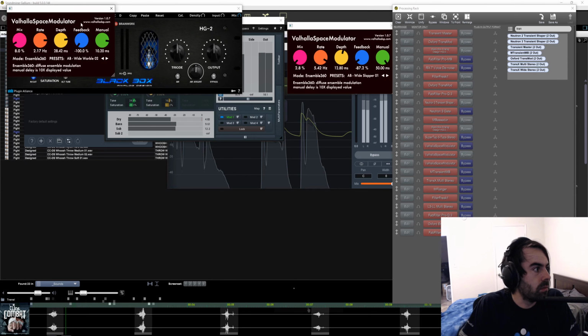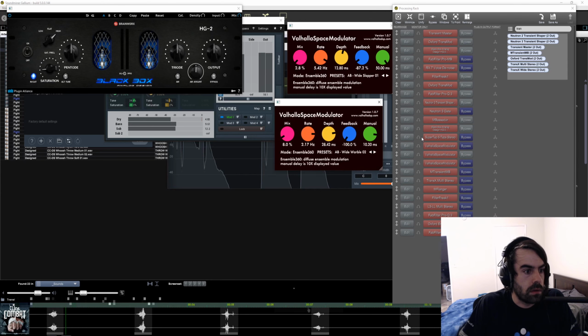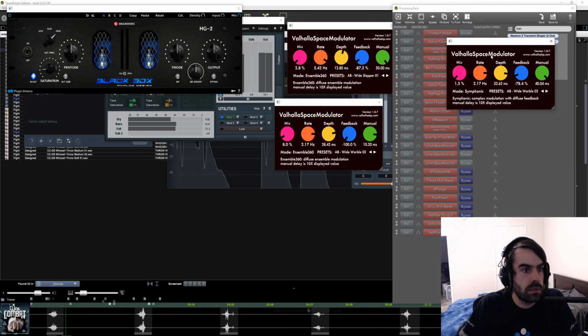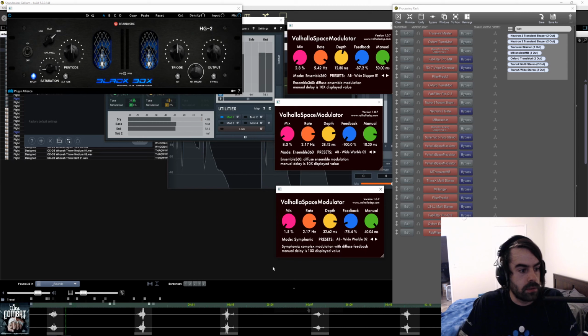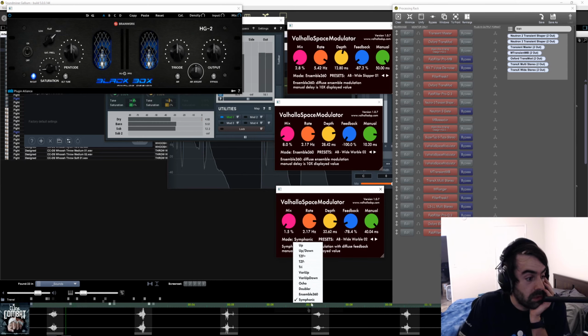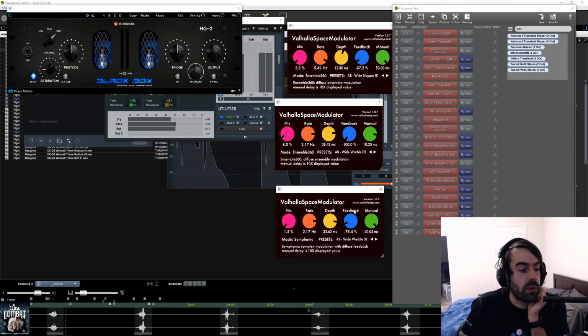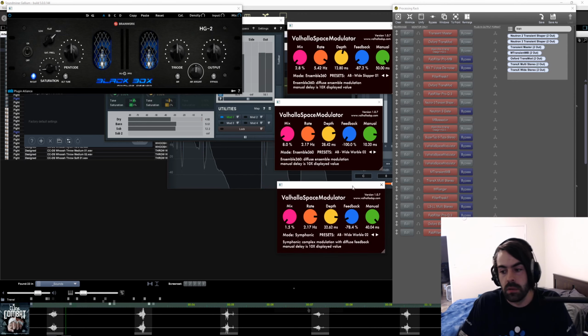I think this is the one. Or is this the one? I think it's this third one. So with the ensemble and the symphony modes, if you crank the feedback, you can get some really cool sounding, really diffused, washed out reverbs, or